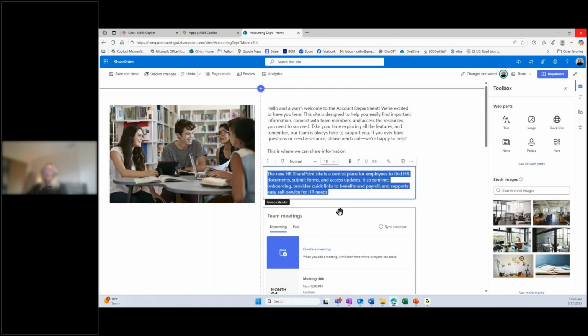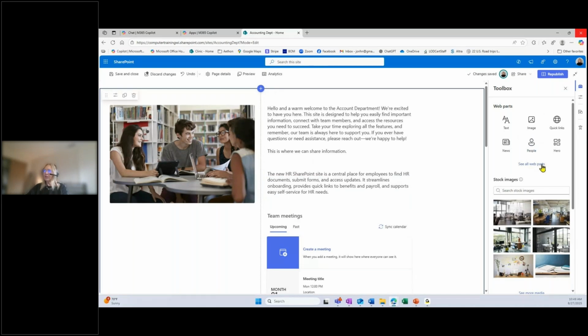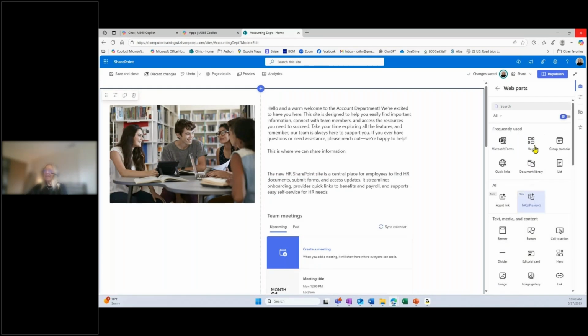One of the things about these web parts on the right-hand side, I'm going to go ahead and click on See All Web Parts. They are making a few adjustments to this, and these are two AI elements that we can be taking advantage of if you have the latest update. This is a category that we now have. So it's an AI category in our web parts that we can instantly use, and it could be an agent link that they can click on, an image that says get help, and it can automatically use a specific agent that we have